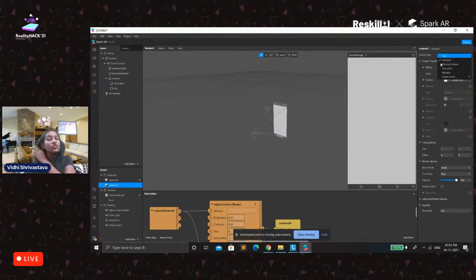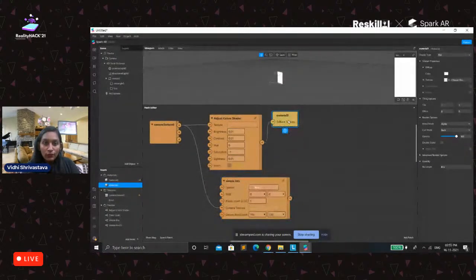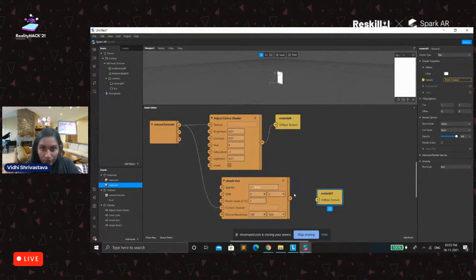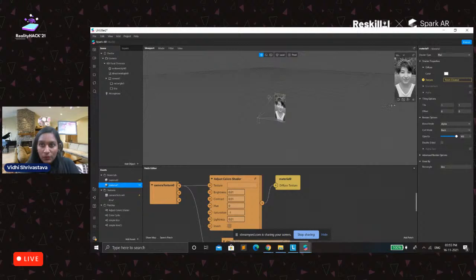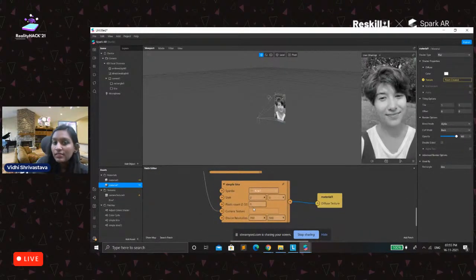Let's switch the shader type to flat, and we will just add a texture here. Okay, so you will see that the sparkles are quite large. Why? Because the pixel count is 1.